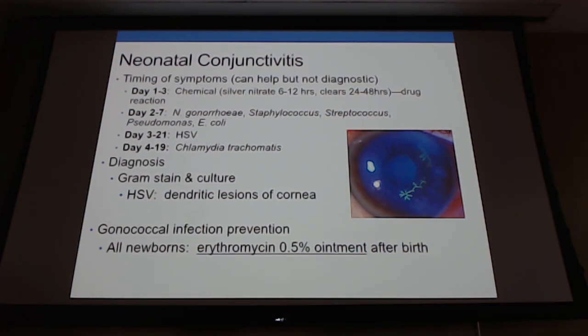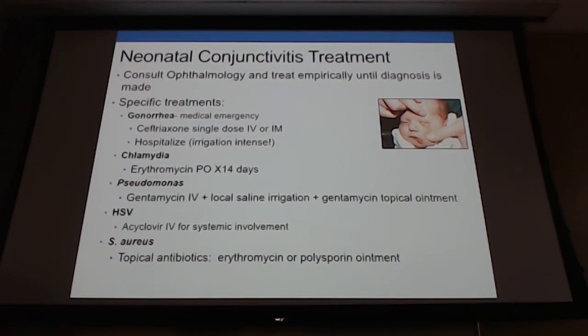scant, I don't have good reason to have this, it's more likely chlamydia. And if I have a dendritic lesion, it's what? Yeah, HSV. Correct. As a reminder, that erythromycin ointment was for gonococcal, not for chlamydia. If you have that, and you have neonatal conjunctivitis that you do not think is viral in nature, you think it's one of the STIs, that's when I start thinking, what do I need to do with this baby a